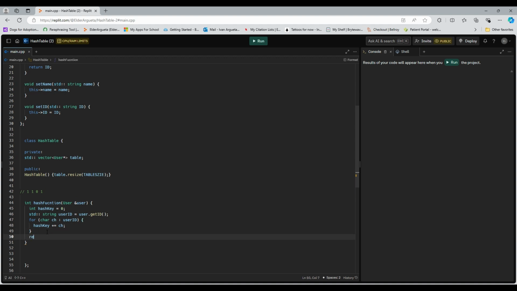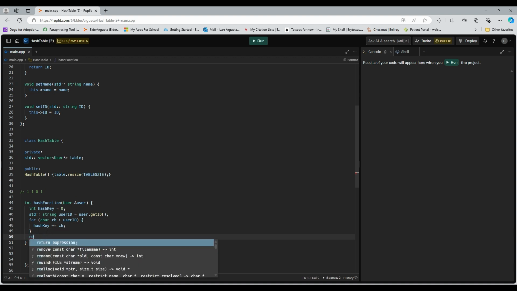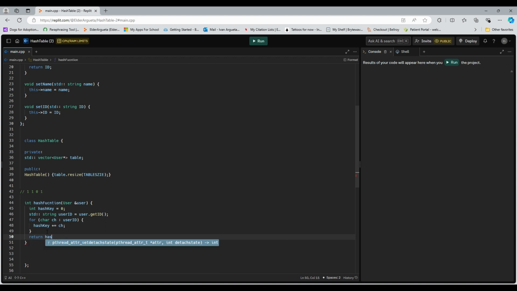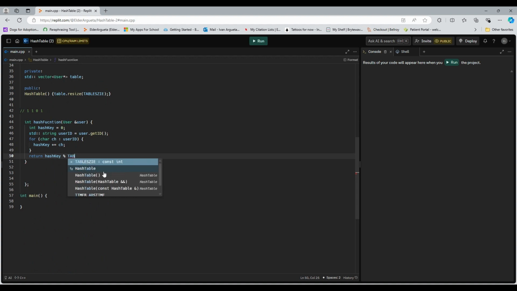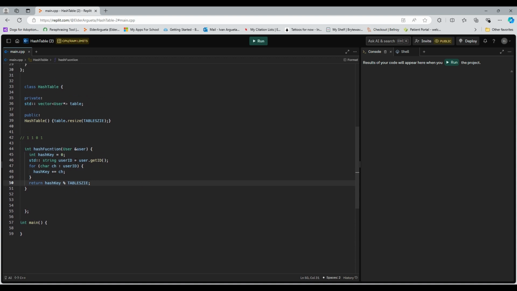And then we're going to return the hash key modulo whatever our table size is. So that gives us the index. Oh, I spelled this wrong. There we go, table size. So that's going to give us the correct index to input this user in based on their